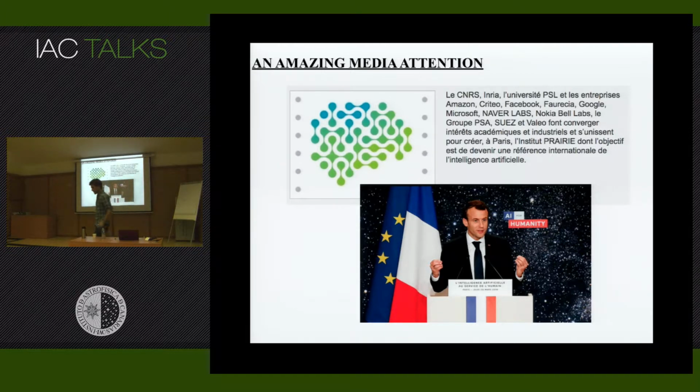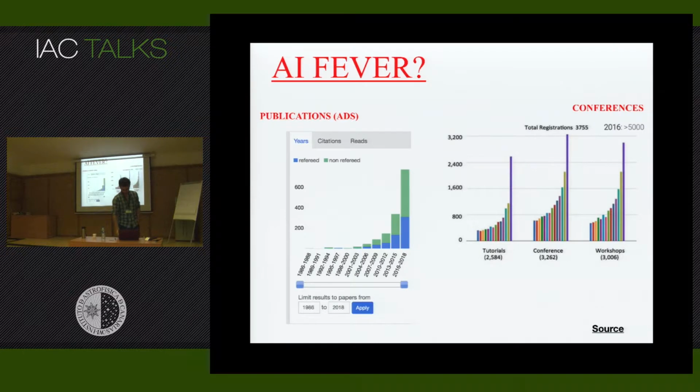Now, AI is getting amazing media attention. I'm biased towards the French system, of course, but lots of big companies are investing a lot of money in artificial intelligence now, and there's lots of academia also going on. Well, this school is a proof of this. So there's a growing interest in these techniques. This is a plot I just made now, which is the number of citations from the ADS database using machine learning in the abstract. And you see how this is growing exponentially, or even faster than that.